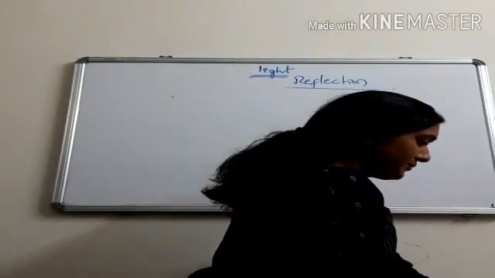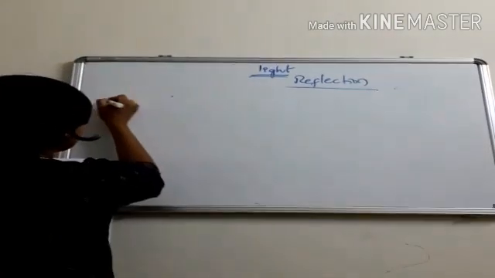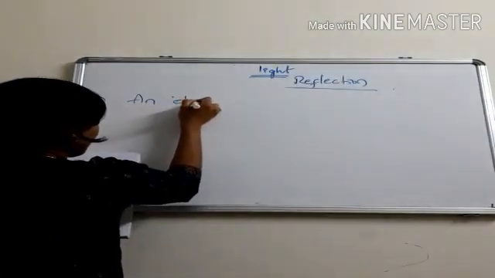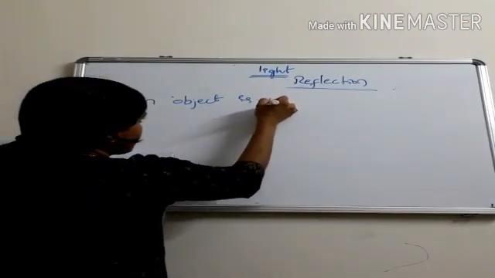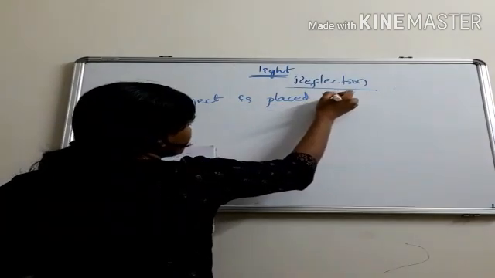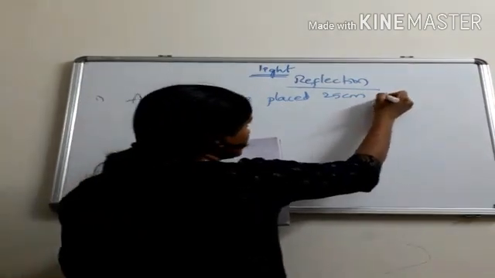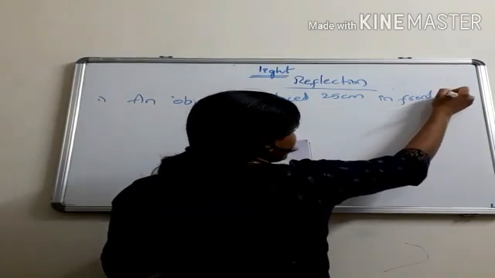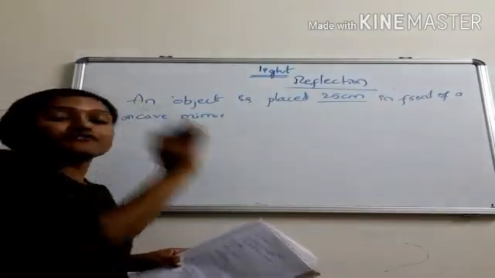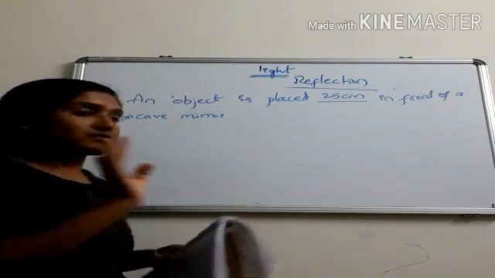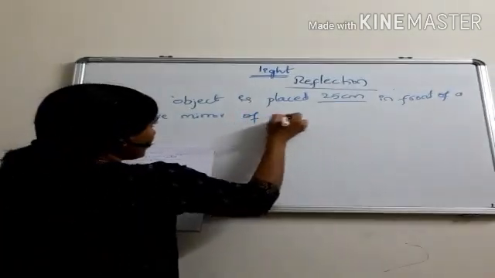I'll write one problem. An object is placed 25 centimeter in front of a concave mirror. Observe, concave mirror. Always images will form in front of the mirror in case of concave mirrors. Okay? Mirror of focal length,